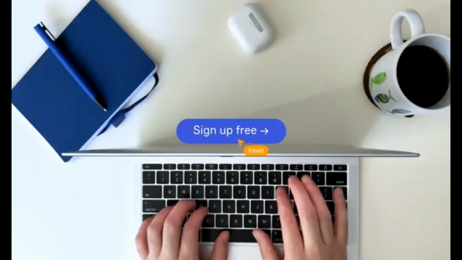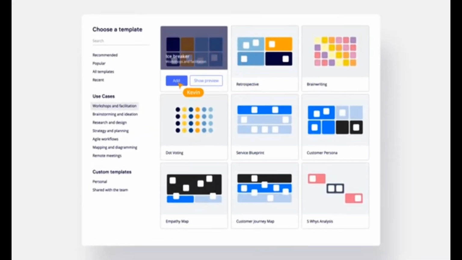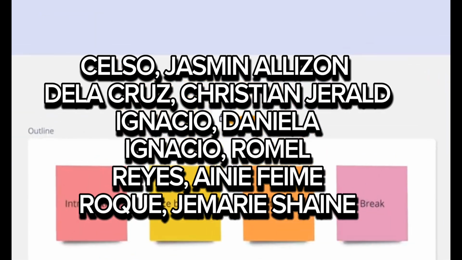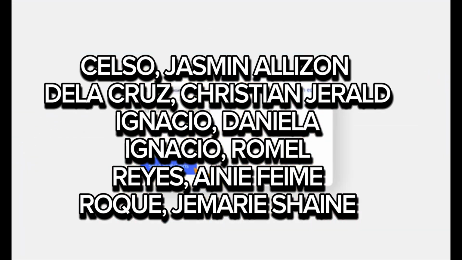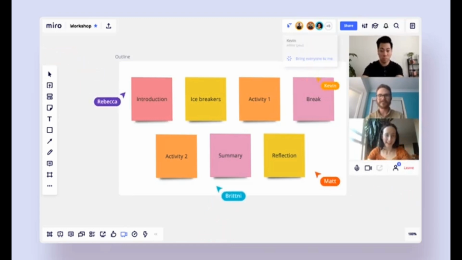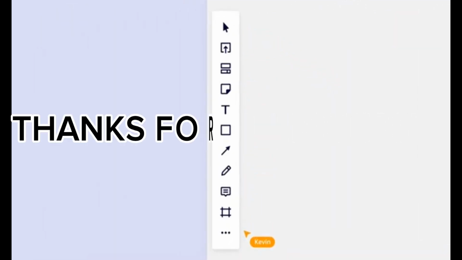And our conclusion about the Miro app is that it is a powerful and versatile online collaboration tool that enhances teamwork, creativity, and productivity. With its intuitive interface, vast selection of templates, and real-time collaboration features, it is particularly useful for brainstorming, project planning, and remote team discussions. The app's flexibility, integration with other tools, and visual appeal make it an excellent choice for individuals and teams looking